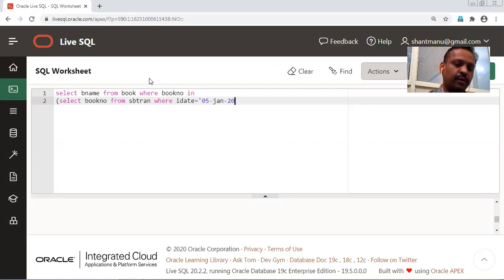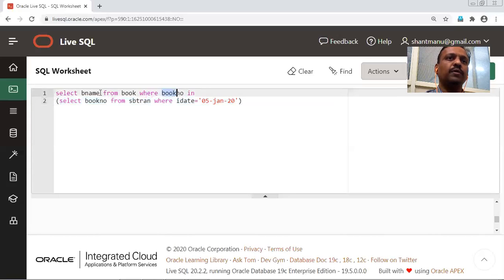Now we have selected book numbers from SBTran which were issued on 5th January 20, and that book number is matched with the book number of the book table, and we are going to find out the book names from the book.